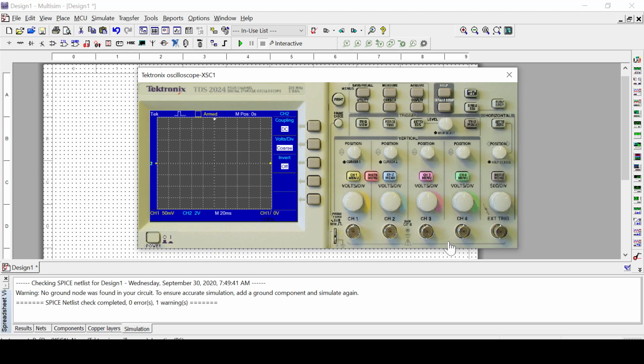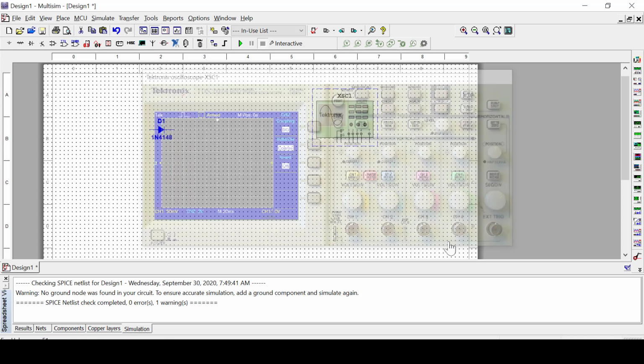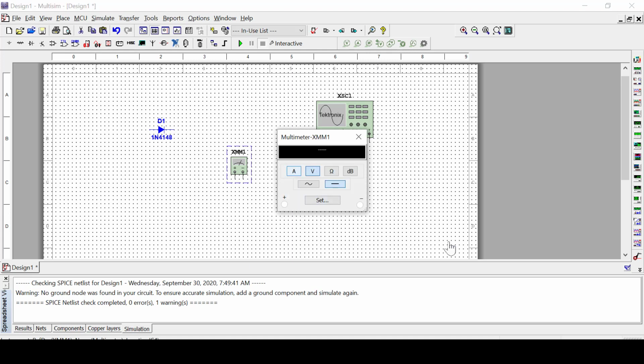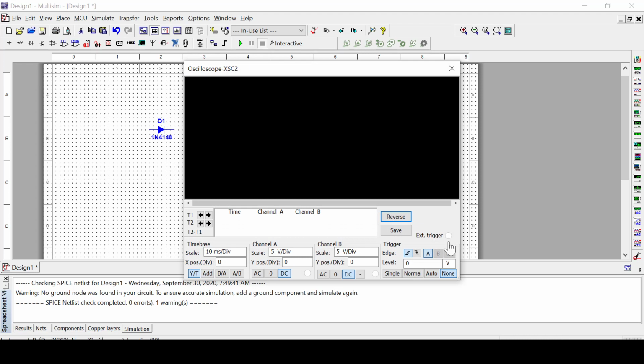Okay. Then you can connect your inputs from a given circuit. Then you can check your waveform here. Similarly, you can also have a multimeter. Place it here, then double click it. You can measure current, voltage, and resistance by connecting your plus and minus terminals to this virtual instrument. And similarly, you have an oscilloscope, where you are going to see your generated waveform.